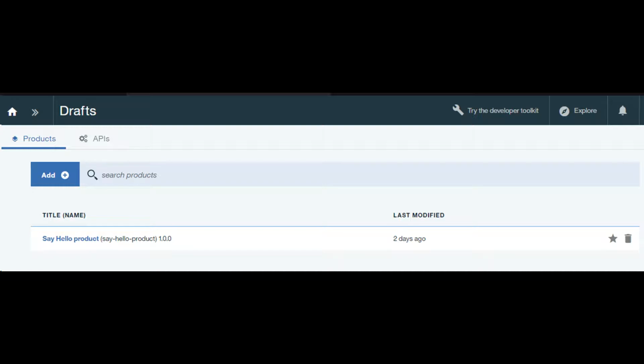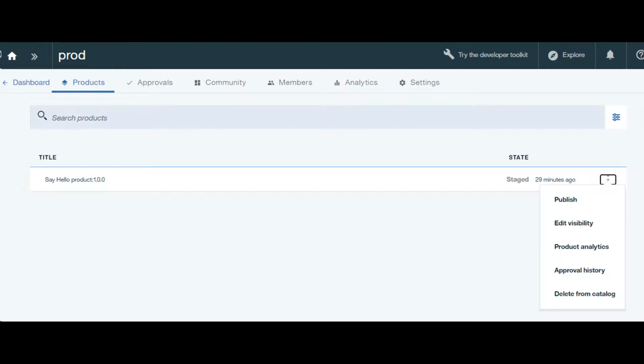The draft state for a product or API is when a product or API definition is not deployed and is not associated with any catalog. Staged, the second state.